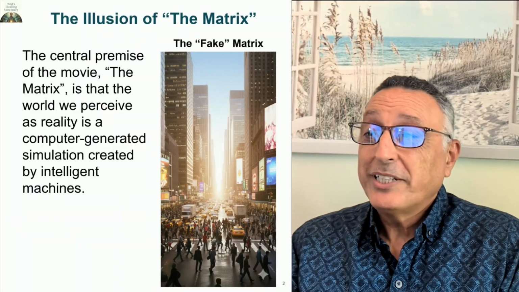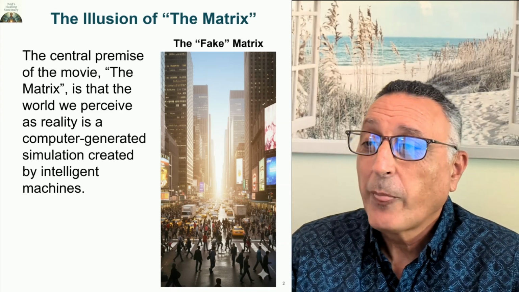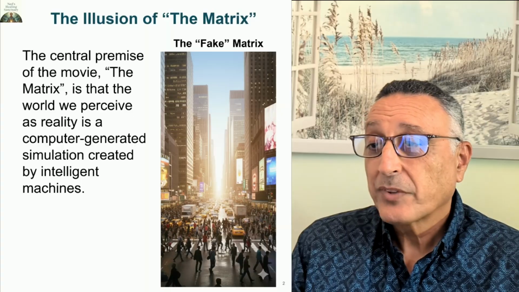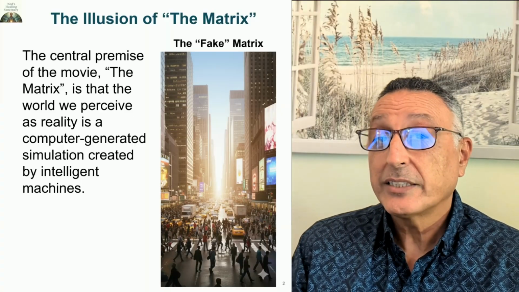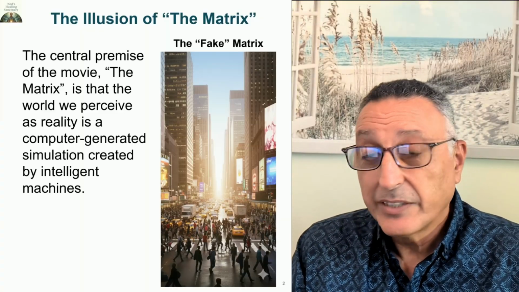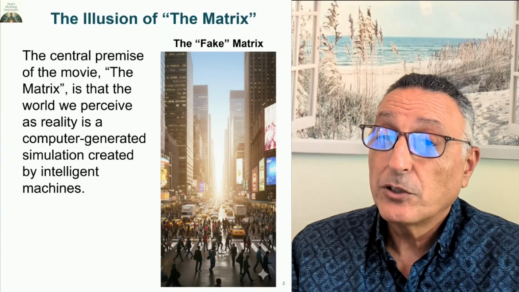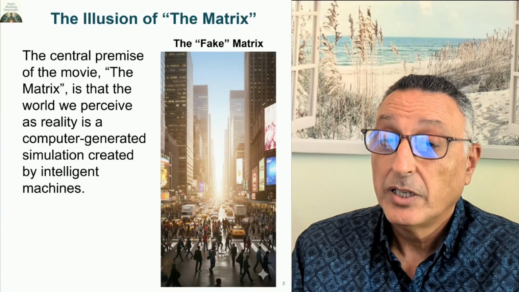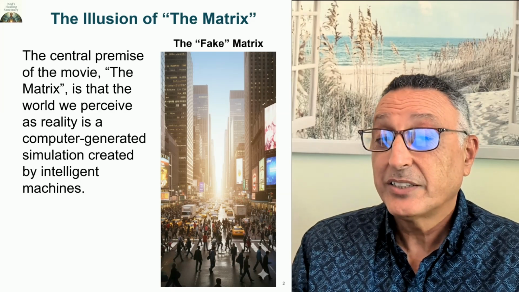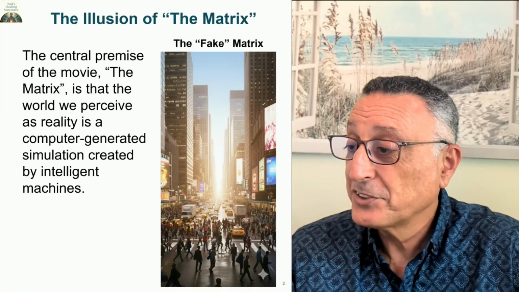So, the illusion of the Matrix, the central theme of the movie, is that the world that the humans or people in the movie perceive to be their reality, which you see up there in that image. So they're going about their daily lives and living their lives just like you and I are. And the reality is, though, that this is a computer generated simulation that is being fed to each one of them. Okay. And it's not real. And the simulation is created by AI, basically, intelligent machines, okay, artificial intelligence.